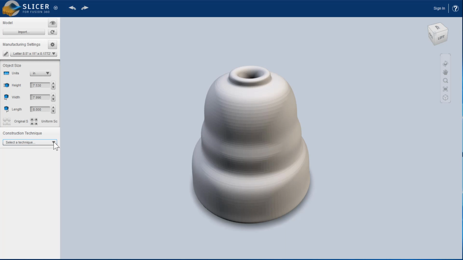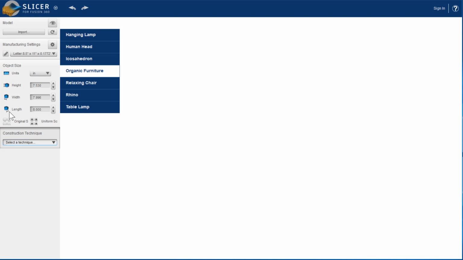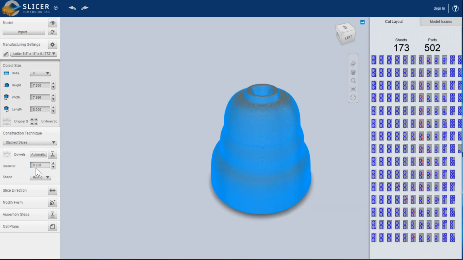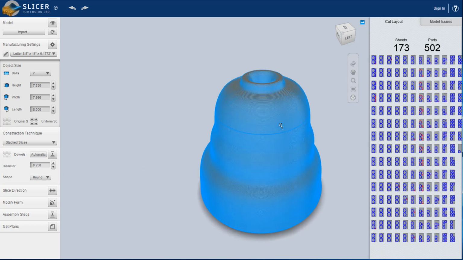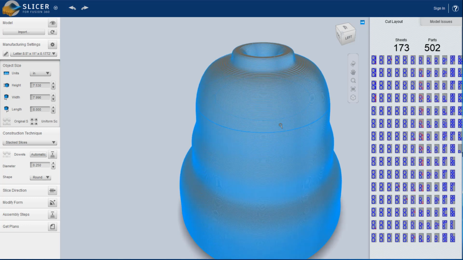The next window here is the construction technique. Slicer has built in a few different types of techniques. Stacked slices is what we sometimes refer to as a pancake model. So this is where, those are very thin, but that's because the material that I chose was just paper. So you can see if you made this out of paper,